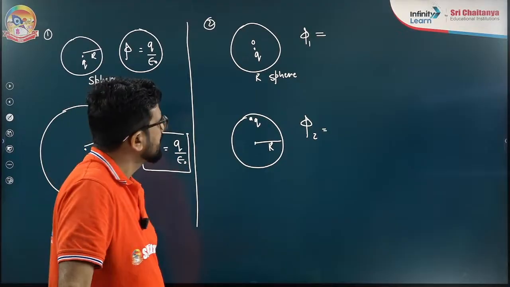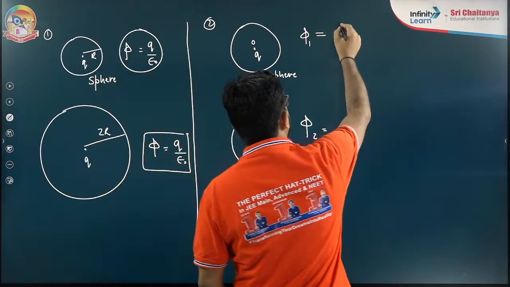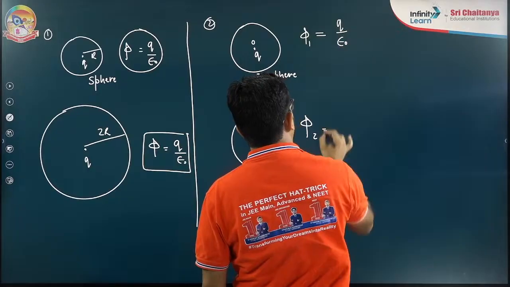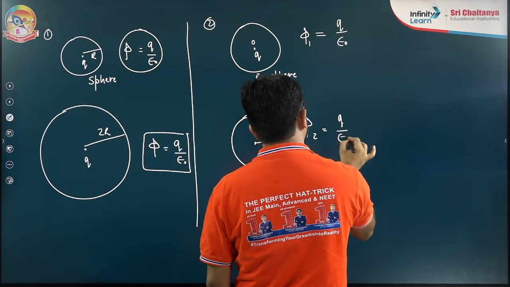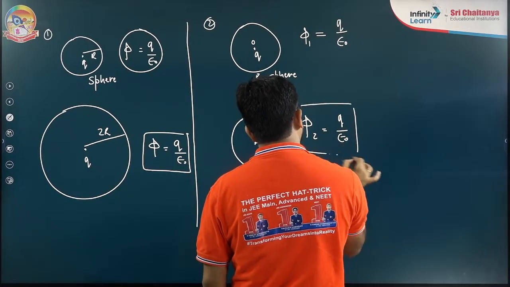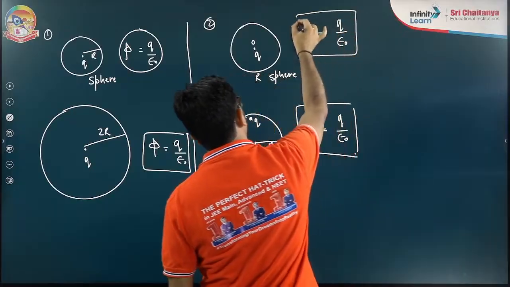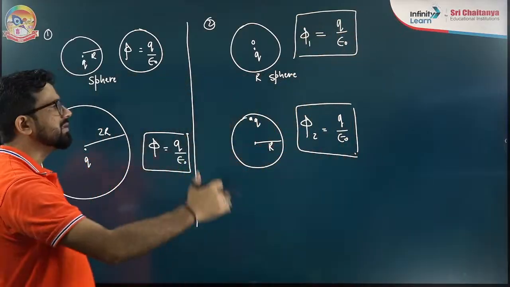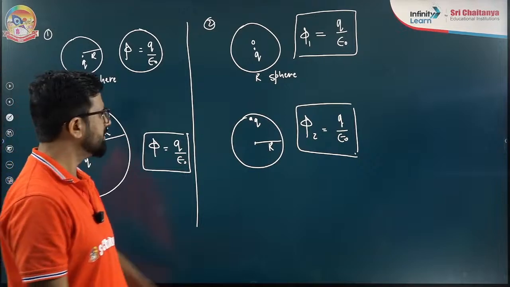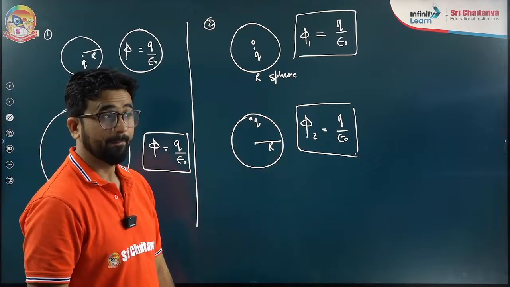That's the answer. You can say in the first case also, sir, this is Q by epsilon, and in the second case also this is equal to Q by epsilon. You can put it. It's a very simple, very basic thing. So it does not matter where you are placed. But